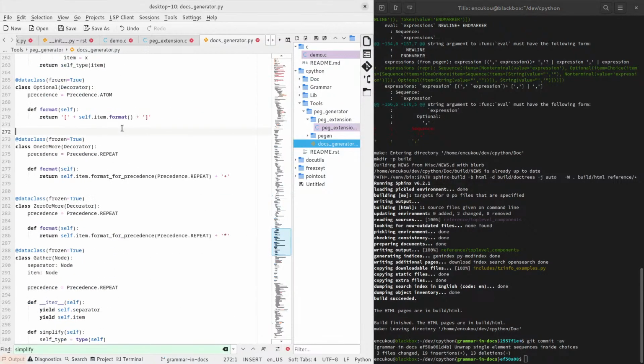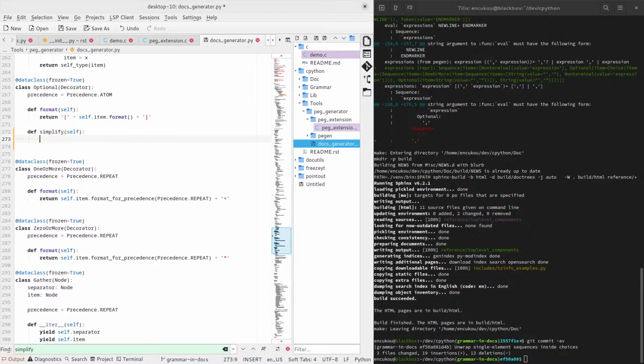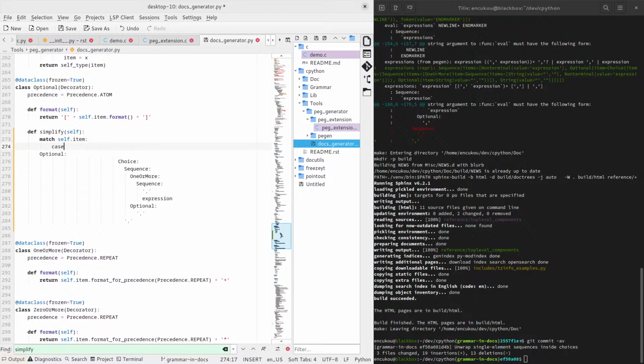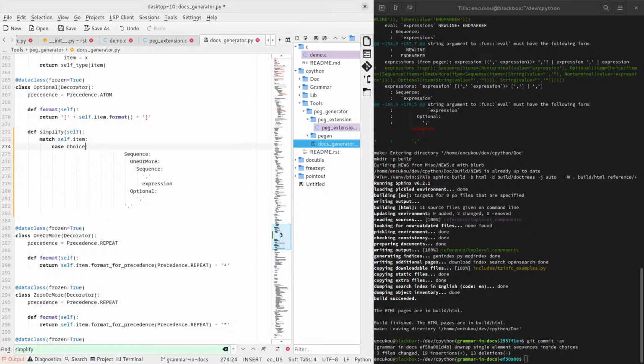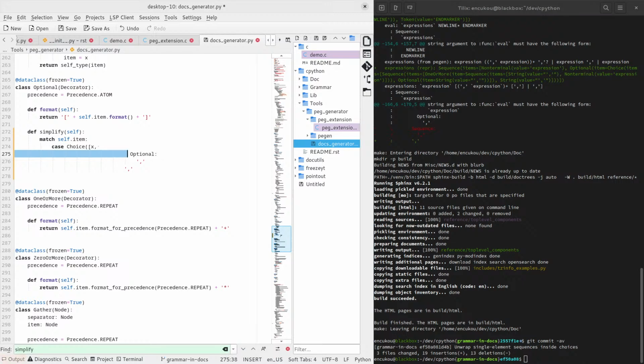And now we go to this optional and match on it. So match self item, and if we get a choice between a sequence between something and an optional something else,